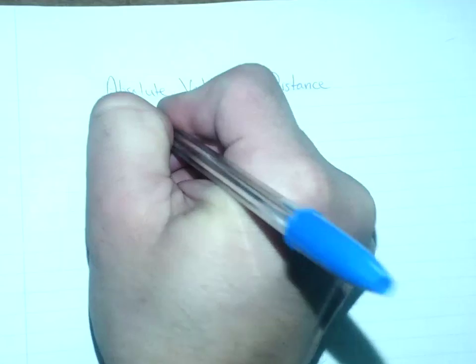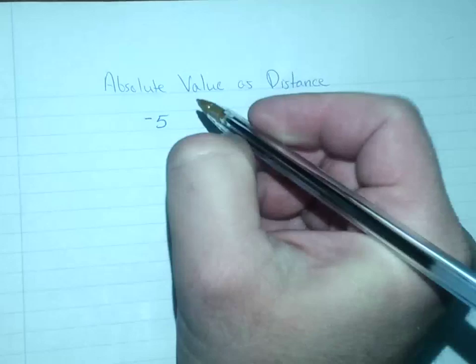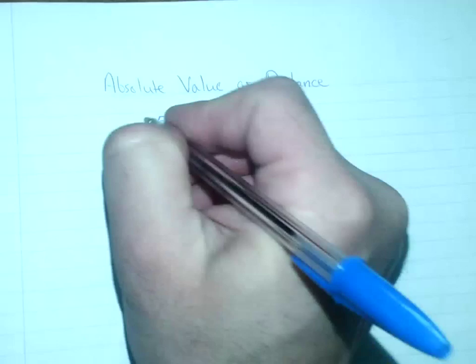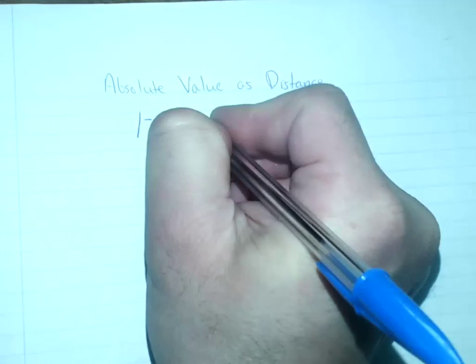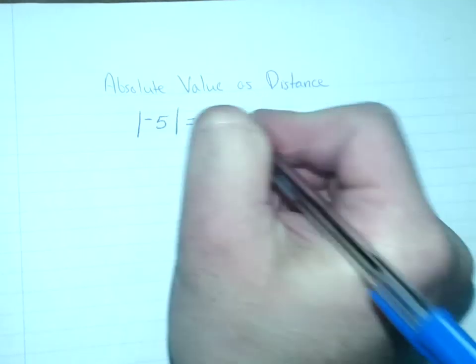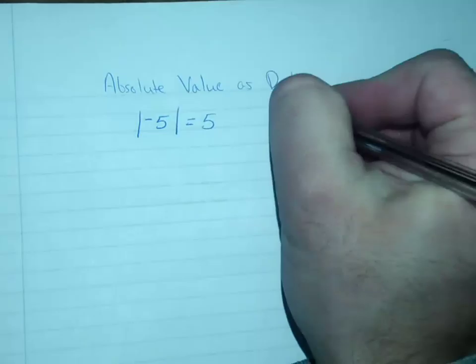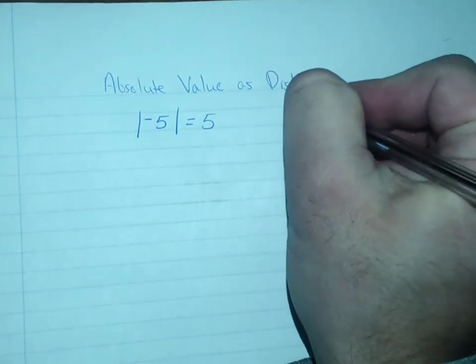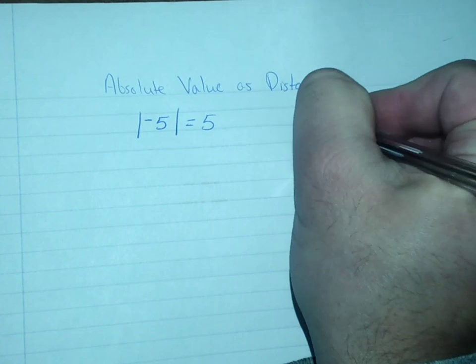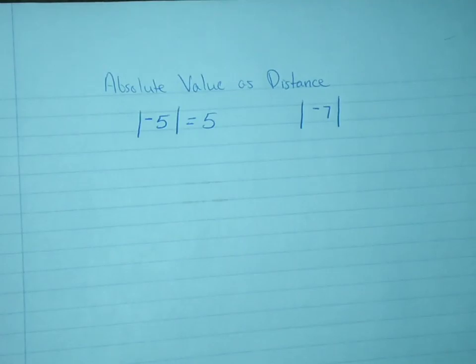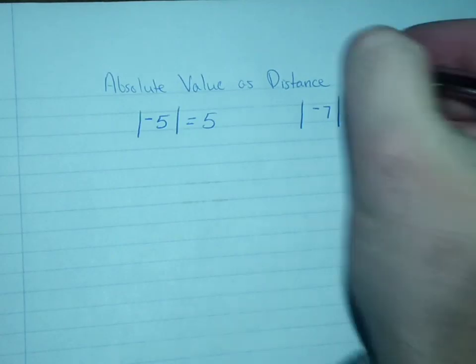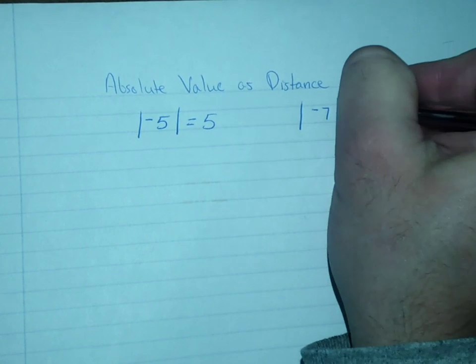It's something like this. Now, you know normally that -5 is not equal to 5, but the absolute value of -5 is equal to 5. That's what the absolute value of -5 is. It's 5. And then, of course, this is the symbol for absolute value. So -7, when you put these two long lines next to any number, the absolute value of -7 is, I'm sure